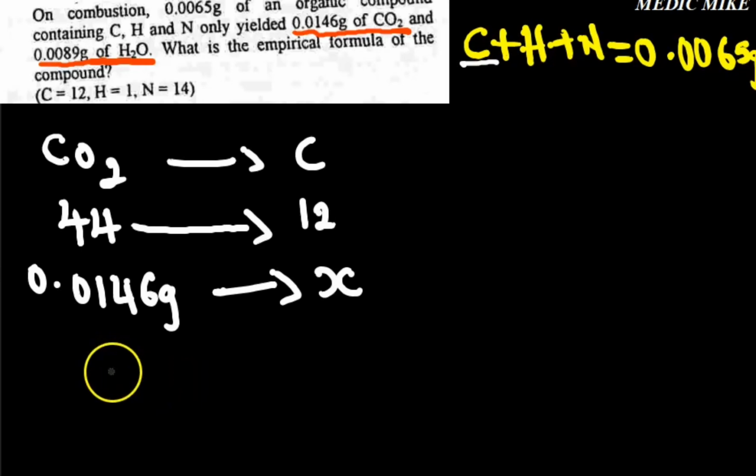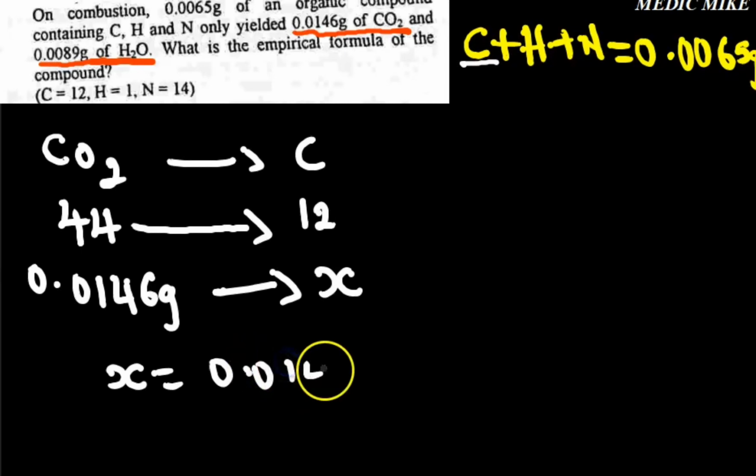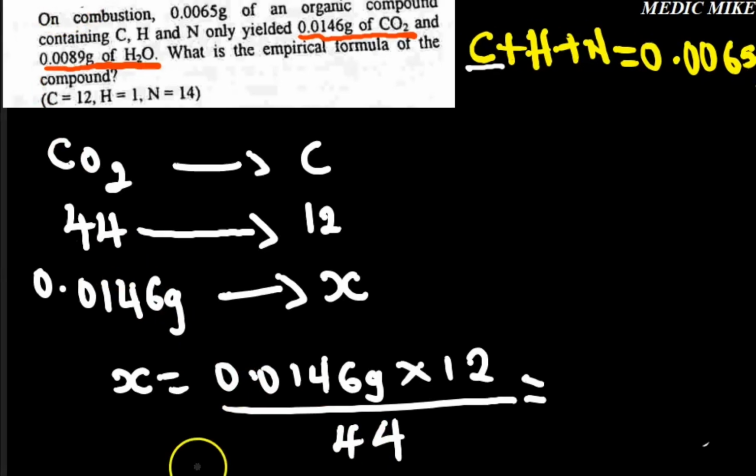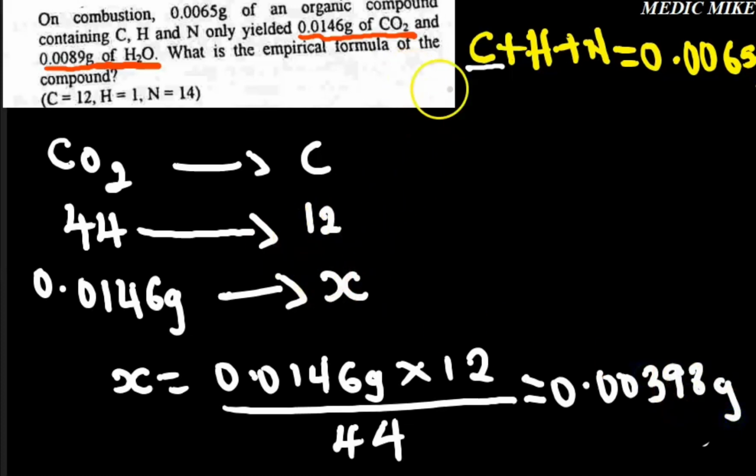So if you punch this on your calculator, it will be X equals 0.0146 gram times 12 divided by 44. Remember, what we are doing here is that we are getting the respective masses of our constituent elements, so we can find our empirical formula. And when you punch that in your calculator, you'll be getting 0.00398 gram. So that's being established. We just write it down here. The mass of carbon is